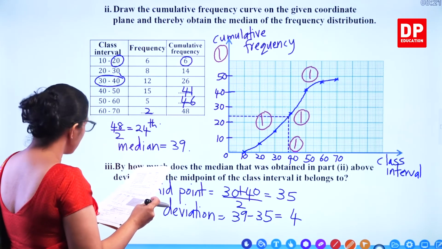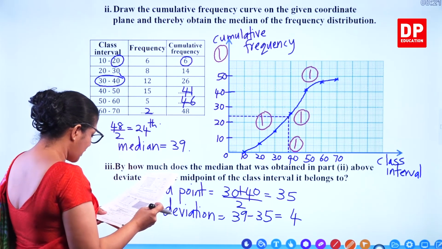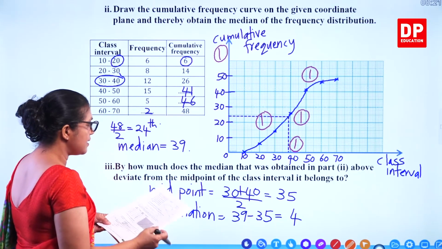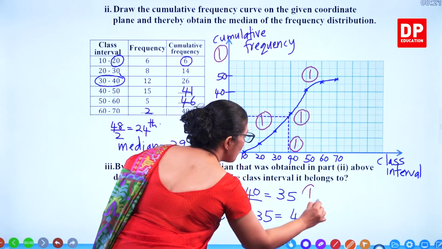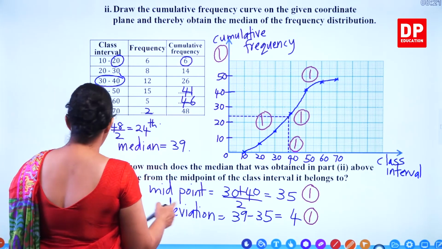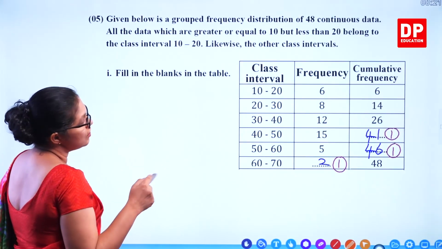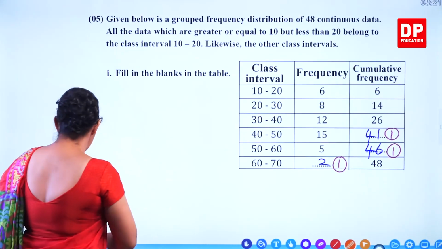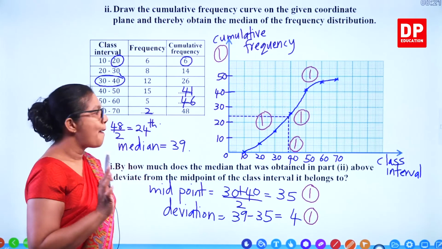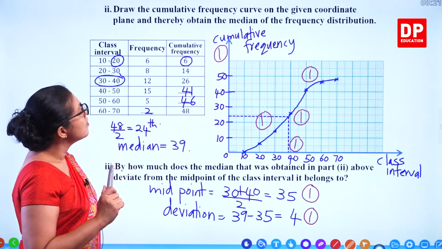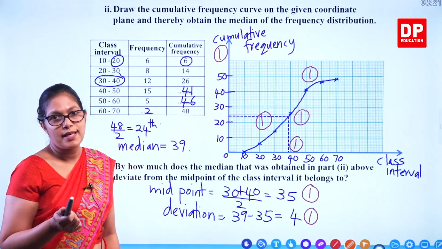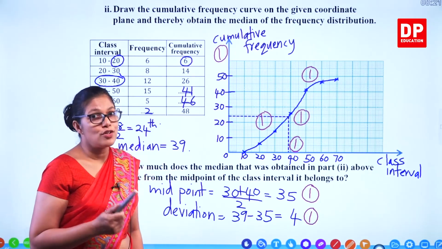And for this last part, you get 2 marks: taking the mid value and getting the deviation, 1 mark and 1 mark. So 5 plus 2, 7, and with the first 3 altogether, 10 marks. So that's the last question in paper 1, and you now know how you get marks according to the marking scheme. Next we'll try to do paper